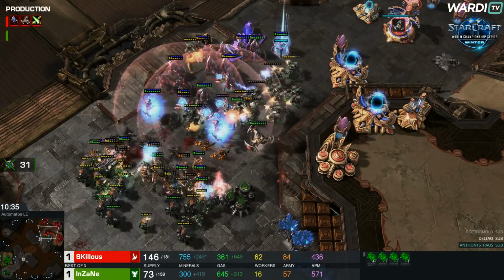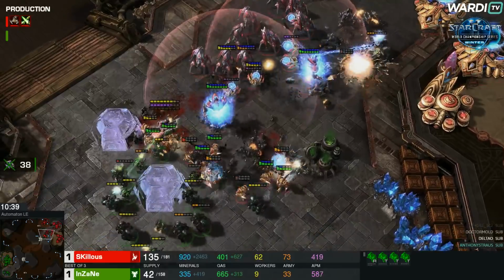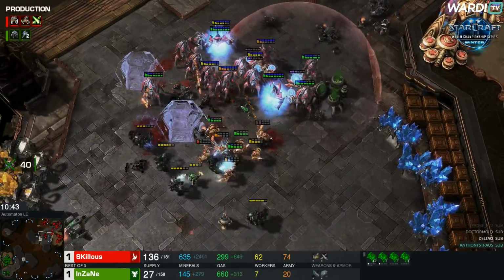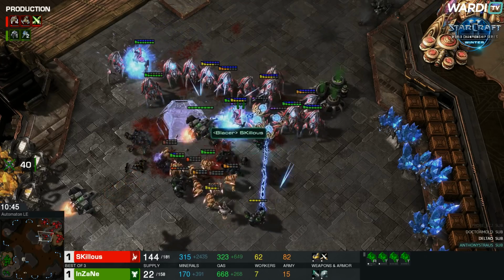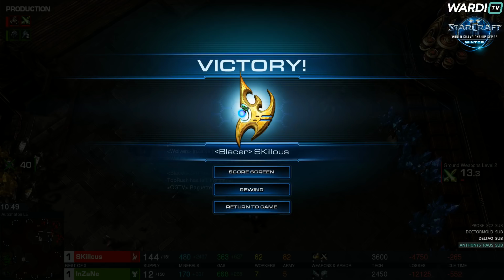But you can just see the supply of the Terran is dropping so fast. Skillous has way too much, and InZaNe will not be able to make this happen from a 1-0 lead. He has 1 map from qualifying, and it's heartbreak as well when they come so close. Skillous will make it to WCS, the 17-year-old Russian Protoss player. Another one of these youngsters to watch out for. Now in WCS,